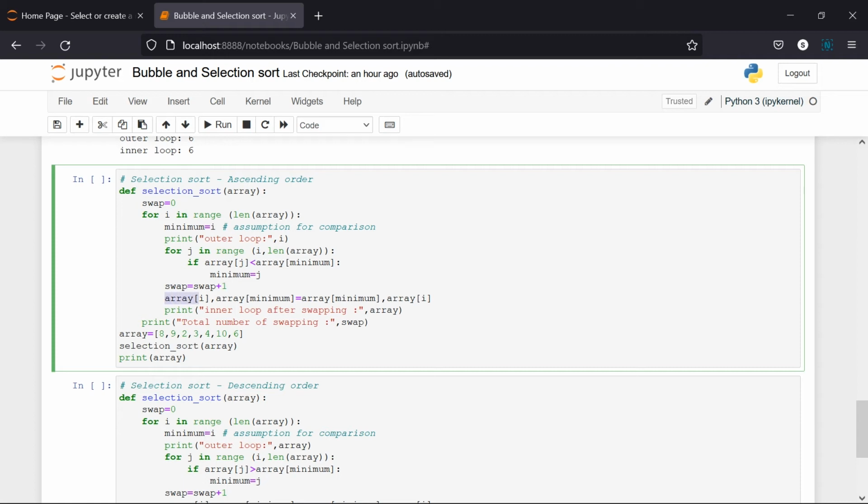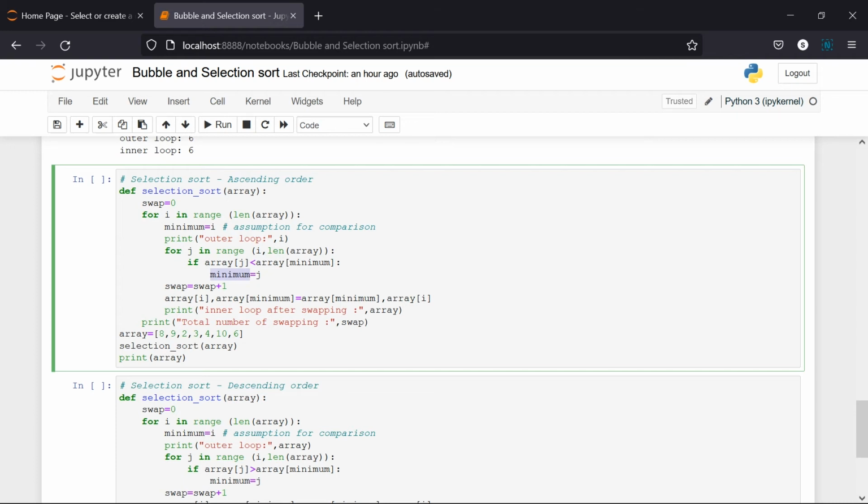So how can you swap in a single line with Python coding, we have seen in yesterday's class. So we can swap in this fashion. You can give it with respect to your i and minimum. So if this happens, the j value has to be moved to the minimum, and it has to continue its operation. If it is not there, it should happen in the inverse fashion.